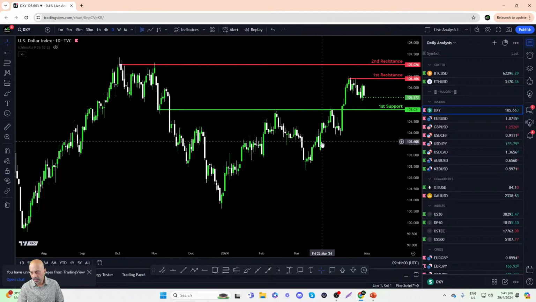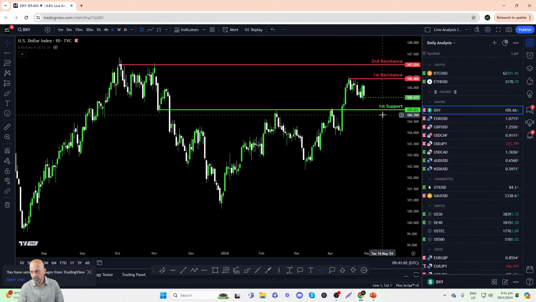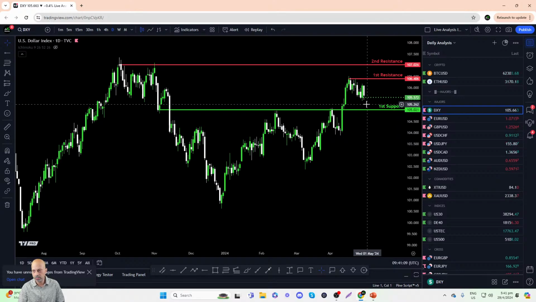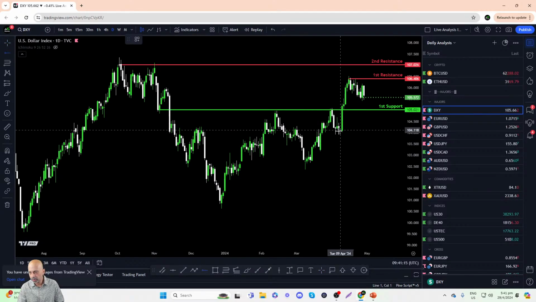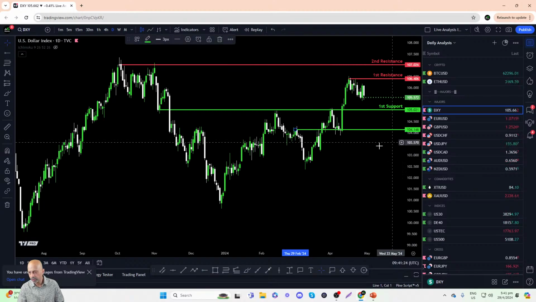Right, and just should the dollar index continue to slide lower, let's say we get a poor employment report out of the US this week, which potentially could drive the dollar index lower, and should it break below the first support, then where could we identify the next potential support? Right, I do see a pretty decent level over here as well. This is another pretty decent overlap level at around 104.14.